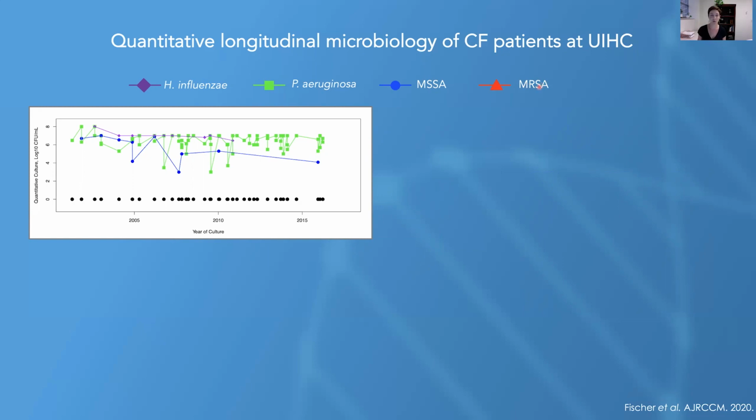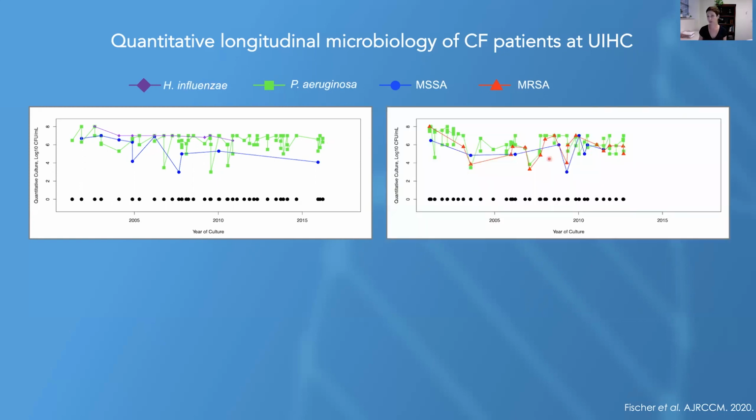What I hope you can see immediately from looking at this one patient is that these patients have multiple different organisms that they are cultured at very high CFUs, and 10 to the 8th is the highest that we were able to measure. So it could be even higher than that. But they keep these infections for a long period of time, and they have multiple different organisms.